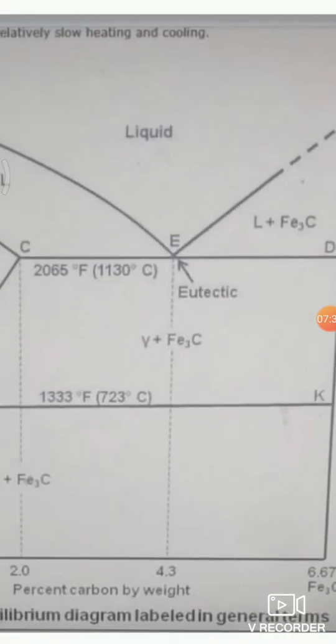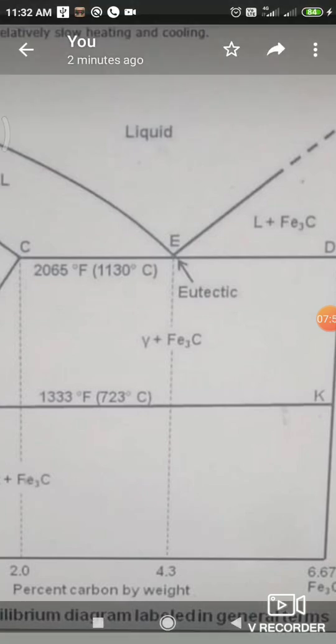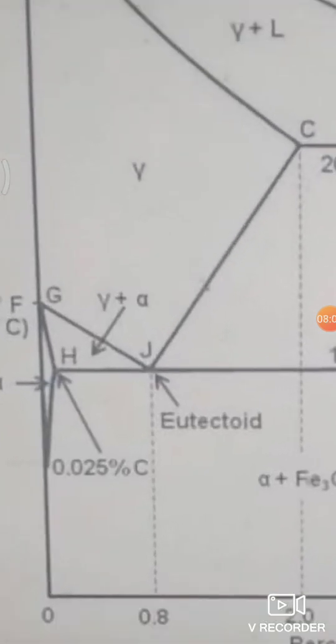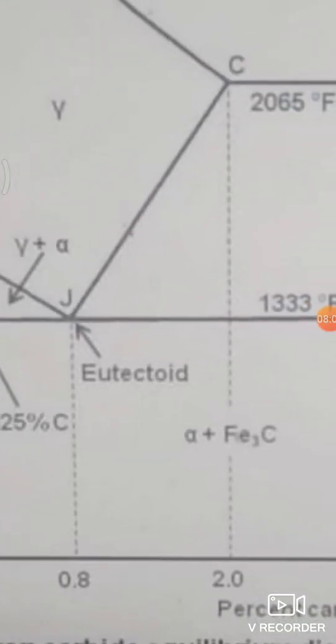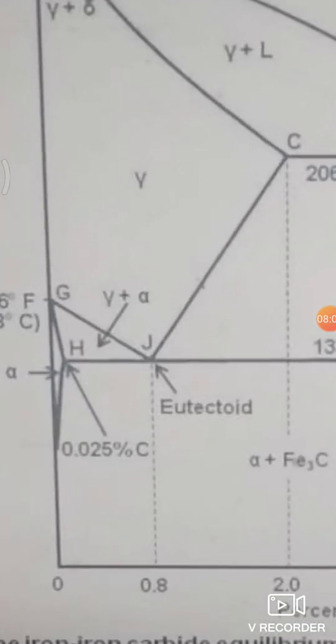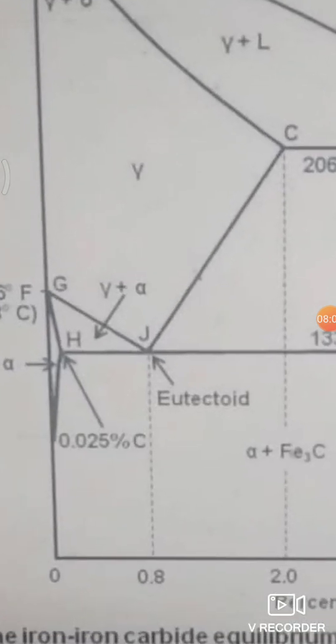So this eutectic point, that conversion of the liquid phase into two types of solids, is given by this particular point called the eutectic point, and on this point left of the diagram it is hypoeutectic and right of the diagram it is hypereutectic solutions. So similarly, like this eutectic point, at this lower constant temperature line of 723 degrees Celsius, you can see another point called the eutectoid point.